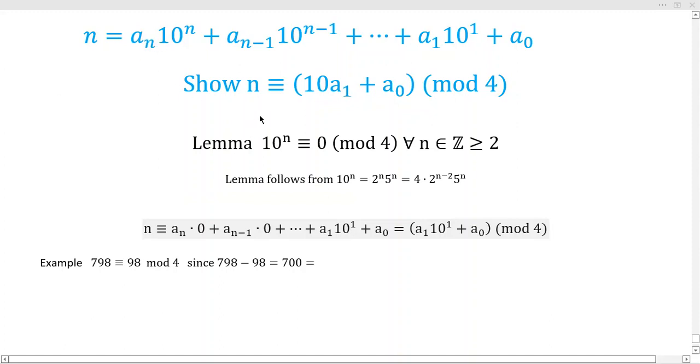And we're supposed to show that n is congruent to just this piece right here, the tens position summed with the units position, mod 4. And it's based on a pretty straightforward lemma. The lemma, I just wrote it right down underneath, and you can almost just see this numerically, but it turns out 10 to the n is congruent to 0 mod 4 as long as n is an integer greater than or